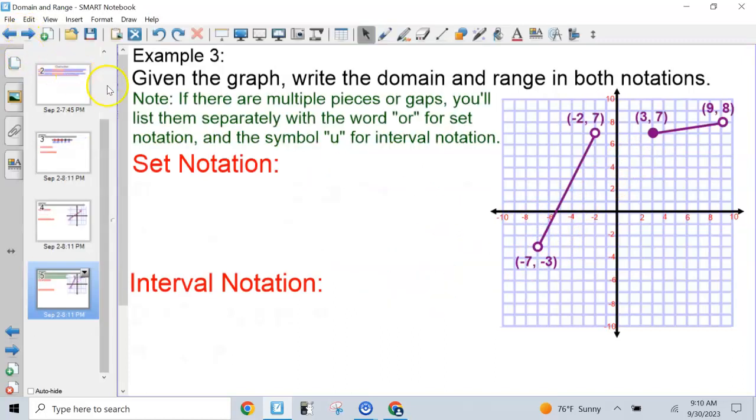Alright, last one. This is a little tricky. If there are multiple pieces or gaps, you have to list them separately, and then write the word OR for set notation, and the symbol U, which means union, for interval notation. So for set notation,